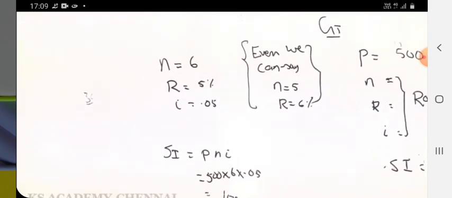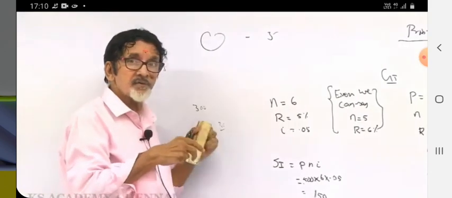Now you know P 500 is missing. You insert P is 500. The 500 is missing. Don't think about how 500 went missing. Insert it immediately and correct the problem. Of the interest principle.